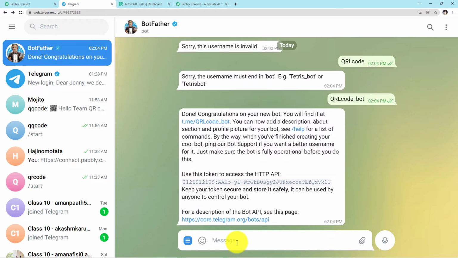Okay, so as you can see, we have got a new bot which names under QRL code under bot.